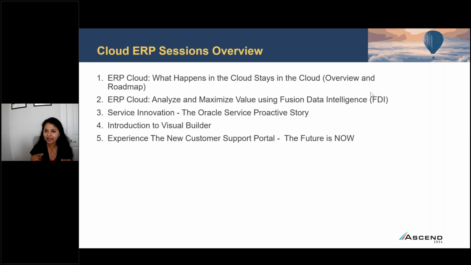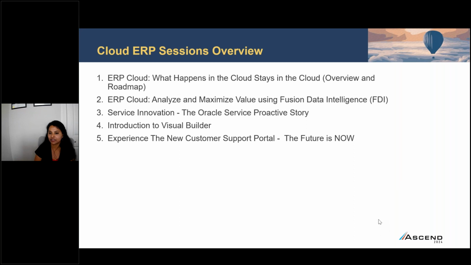Because if you see your data in FDI out-of-box dashboards, it actually opens up your eyes. You are like, oh, I did not define my categories correctly. Did I not do this correctly? So this session is going to show you all the out-of-box dashboards, machine learning components, how you can integrate if you're using third-party sources and things like that. So everything that you need to know about FDI will be presented in this session. It's also a demo.